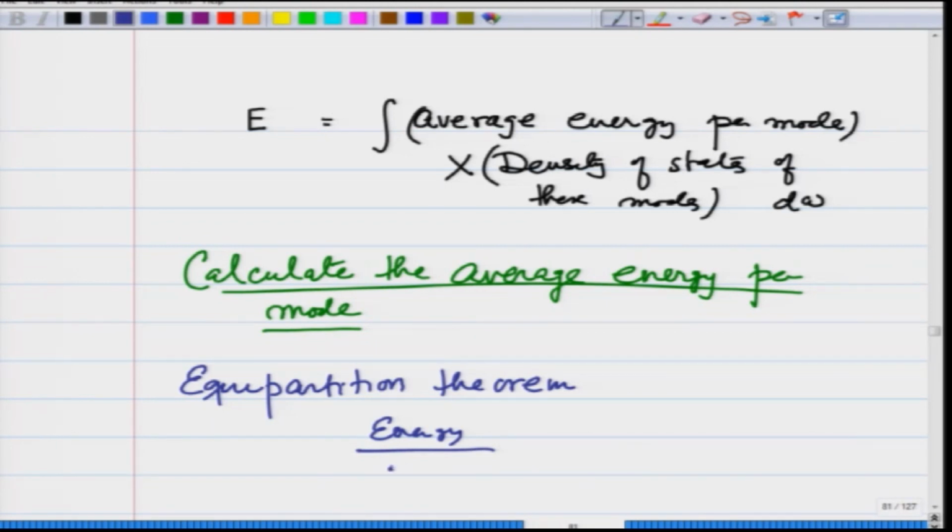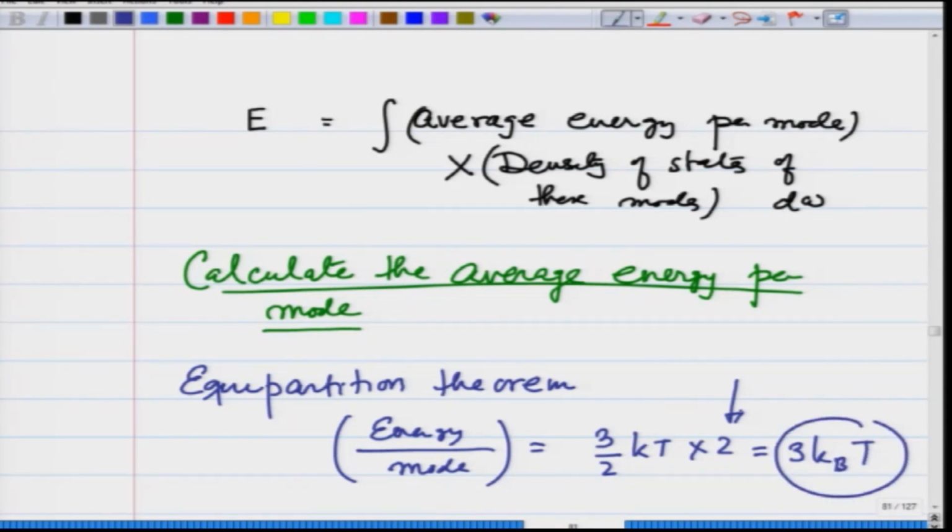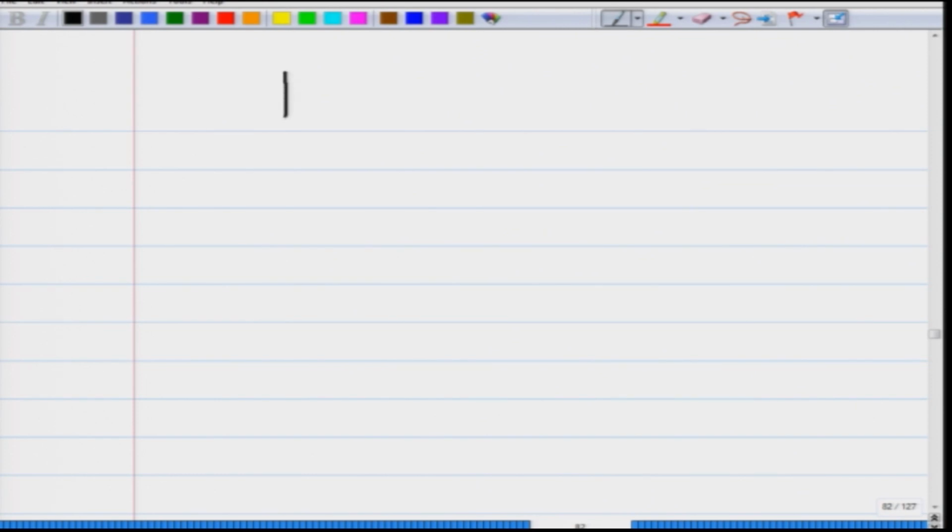per degree of freedom, or I can say per mode, is going to be 3 by 2 kT times 2. This 2 comes because of the potential, which is also quadratic. So, this comes out to be 3 kT, and we know what the answer is going to be. So, initially this was what was thought,